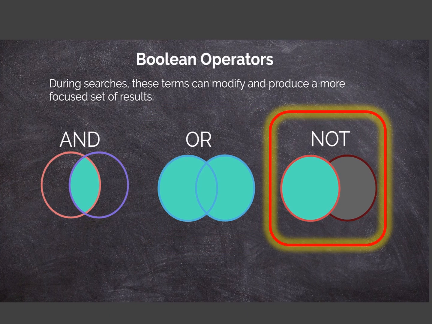The NOT operator narrows your search by telling the database to eliminate all terms that follow it from your search results. This can be useful when you're very interested in a specific aspect of a topic. For example, you want to exclude certain types of articles, or maybe you don't want to look at books at all. You could eliminate newspaper articles or magazine articles and only get back journal articles, for example.